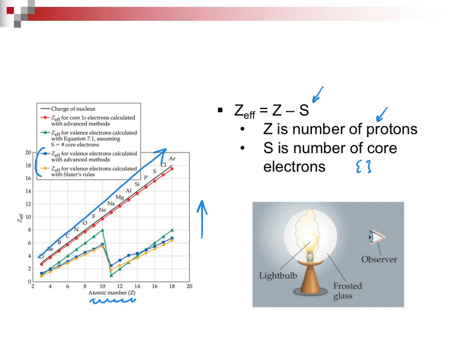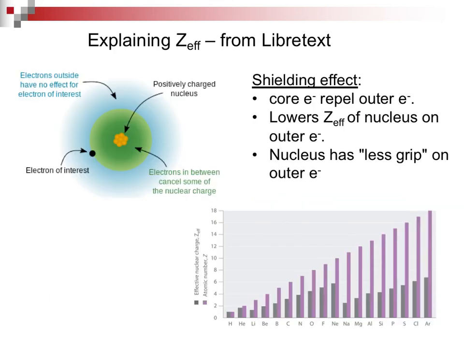But this concept, students have struggled with it, and what they use in your book is they say, imagine there is a light bulb that is the nucleus, and imagine that you can control the amount of frosting on the bulb or glass surrounding the nucleus. What is your eye going to see? So I went to LibreText because I liked their explanation a lot better.